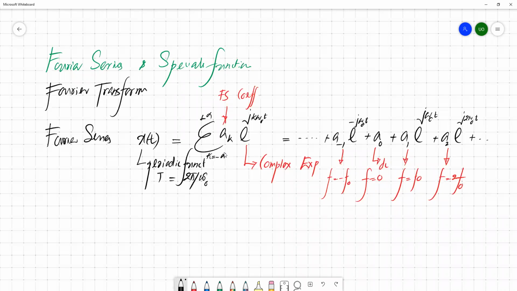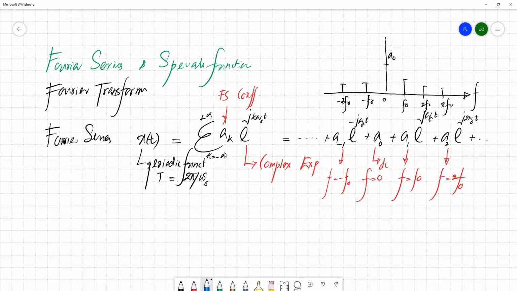So we put frequency F on the axis. This represents the contribution of 0 frequency, then we have f naught, 2f naught, 3f naught, and minus f naught, minus 2f naught. We claim that this is the magnitude spectrum